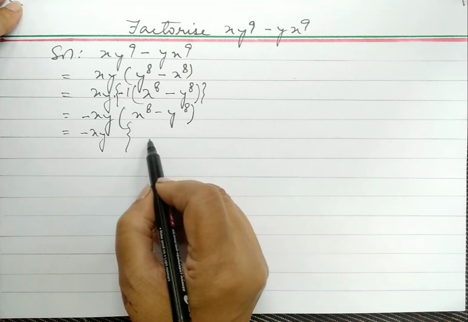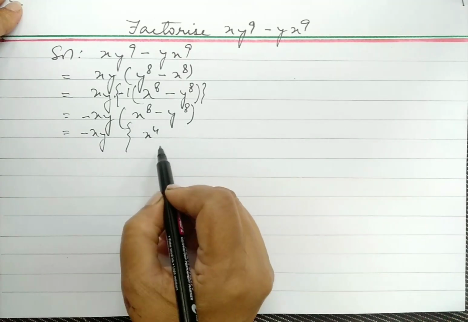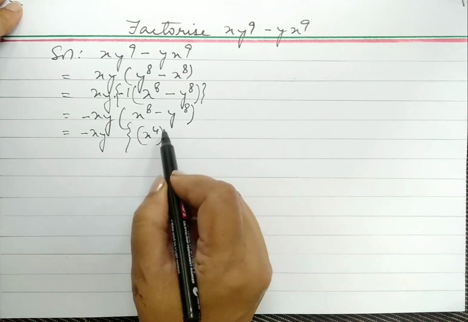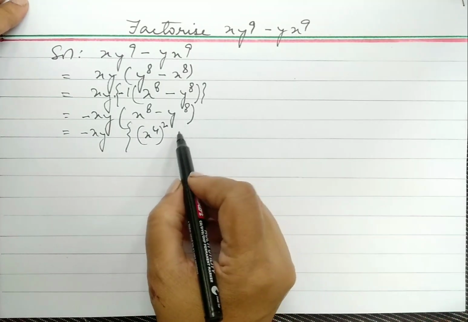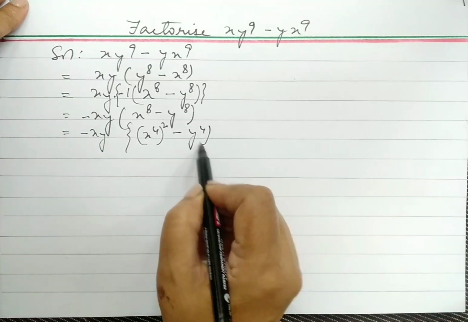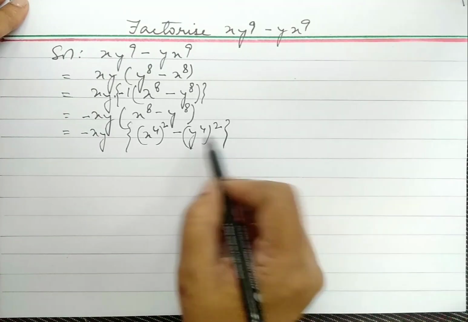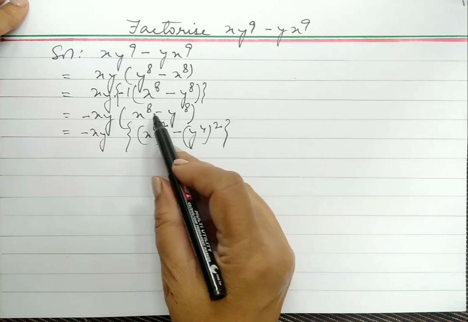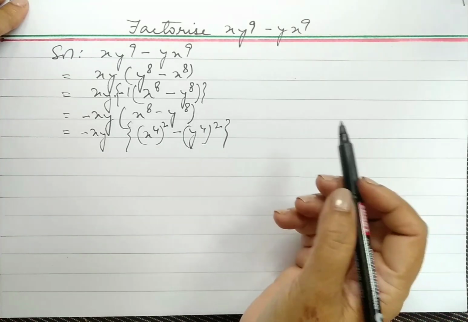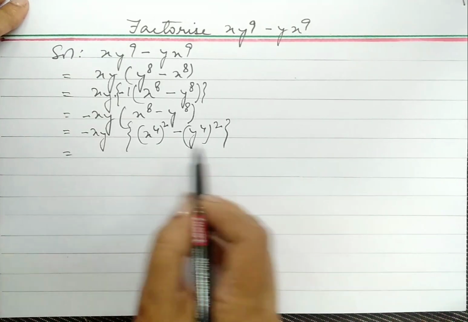We can, isn't it? So let's write x to the power 4 powered by square and y to the power 4 powered by another square here. So 4 into 2 is 8 and 4 into 2 is 8. So once again we have it over here,